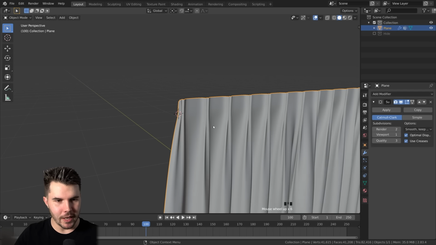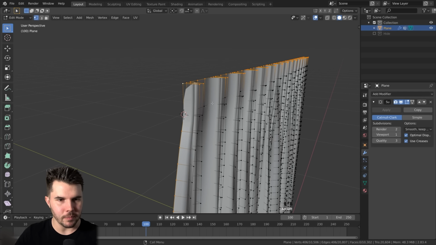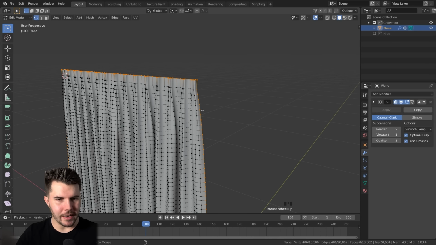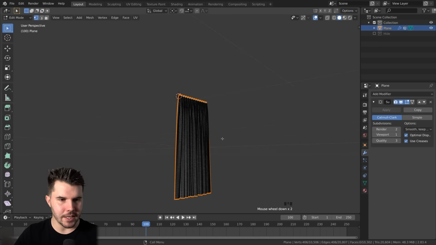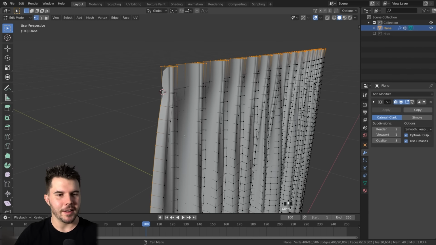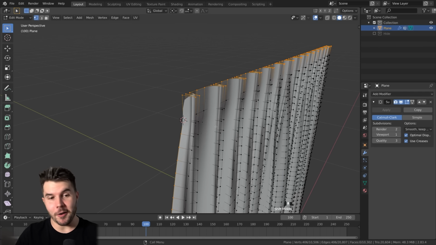Anyways, so that looks better. Looks much more like a curtain. Now we've got a rounded edge here, which is not desirable. So as I mentioned before, you can now not only select an edge by hitting Alt and clicking on it, but if you hit it twice, it selects the entire boundary, which is super cool. I don't know if it'll actually be applicable for that case, but anyways,